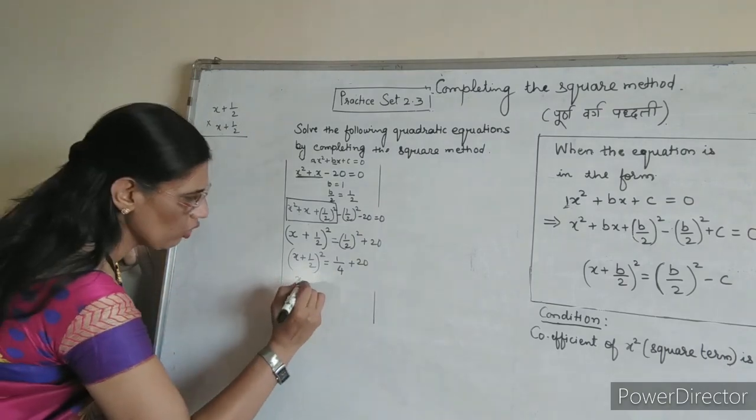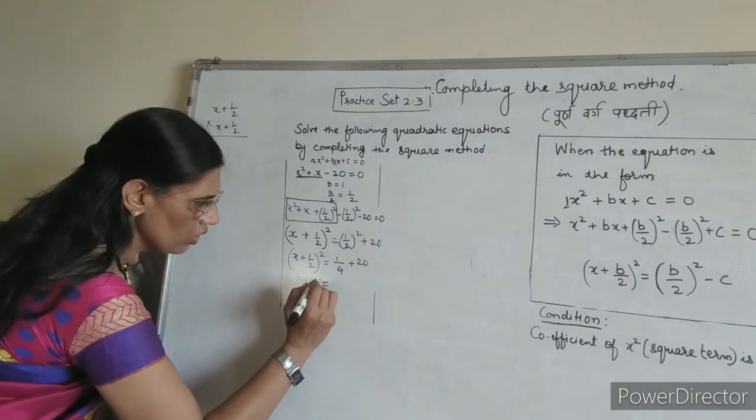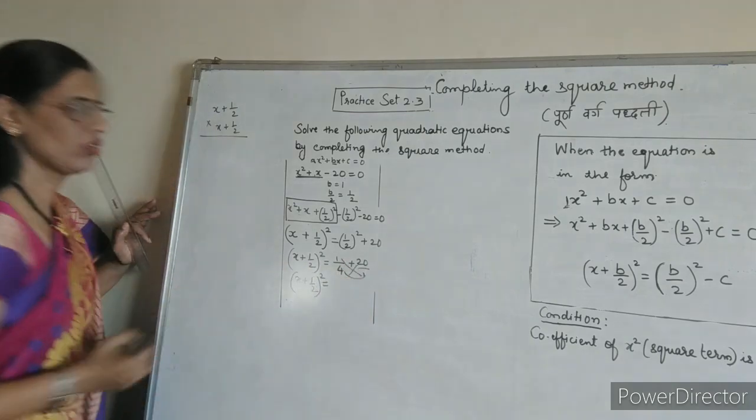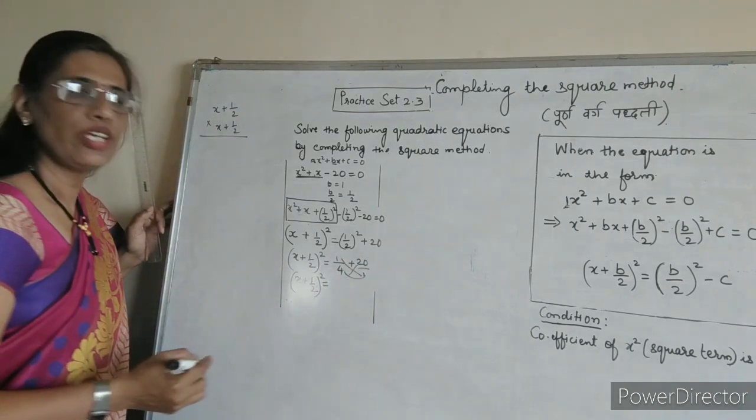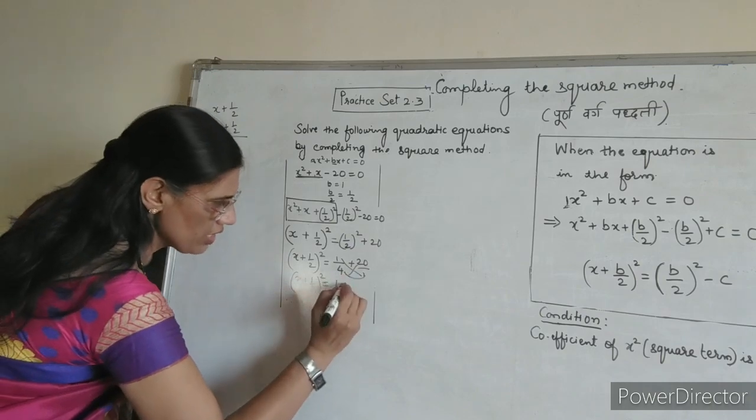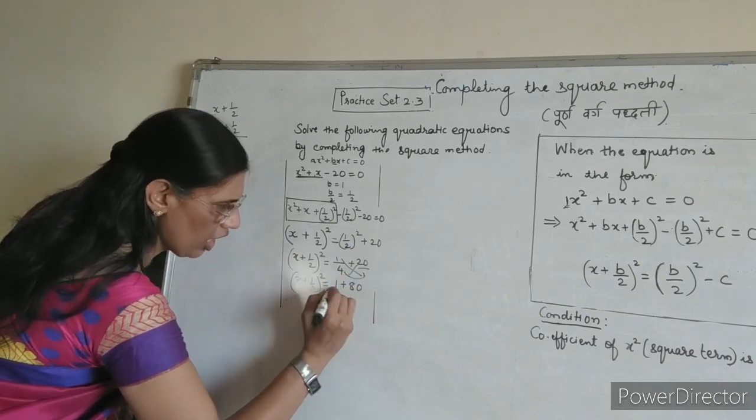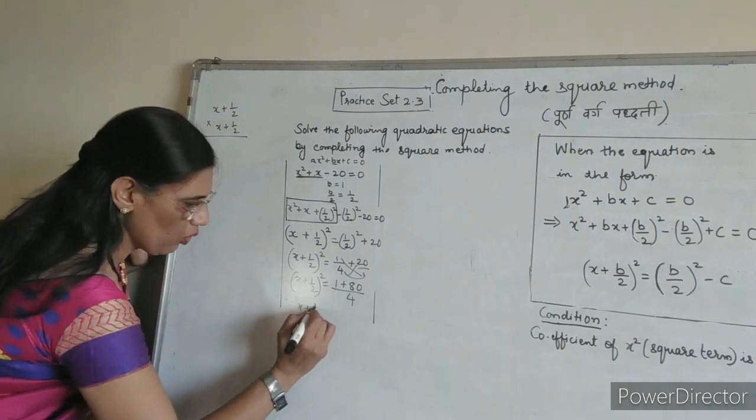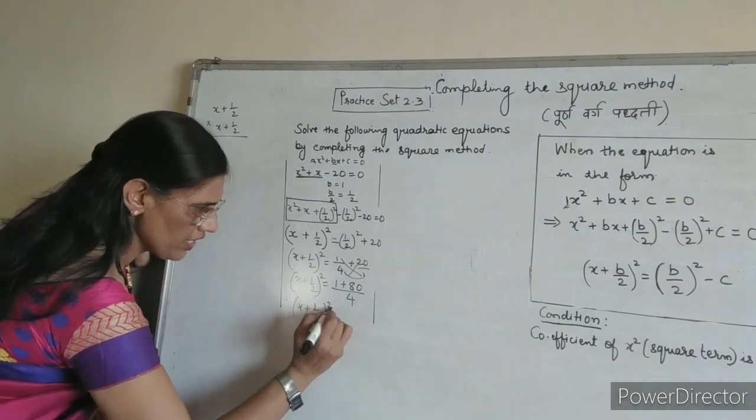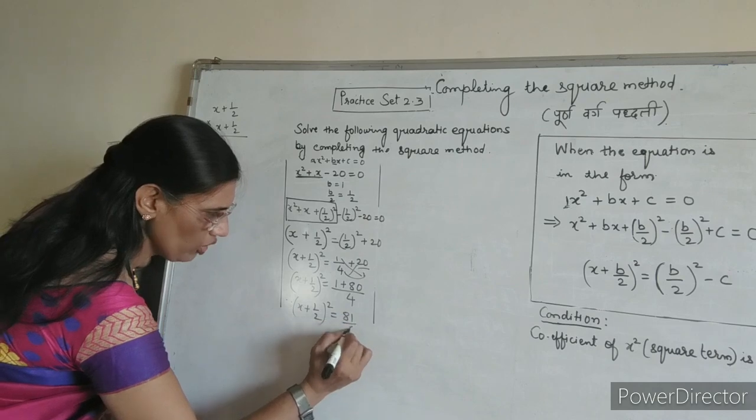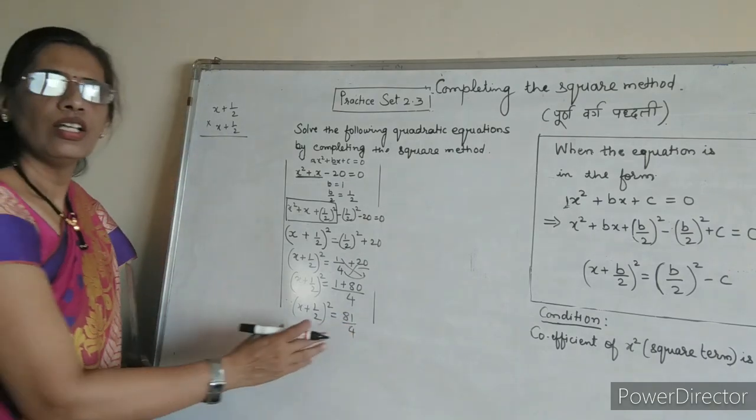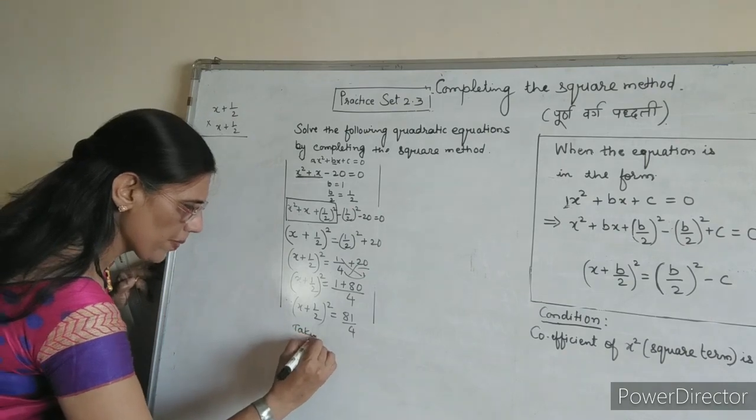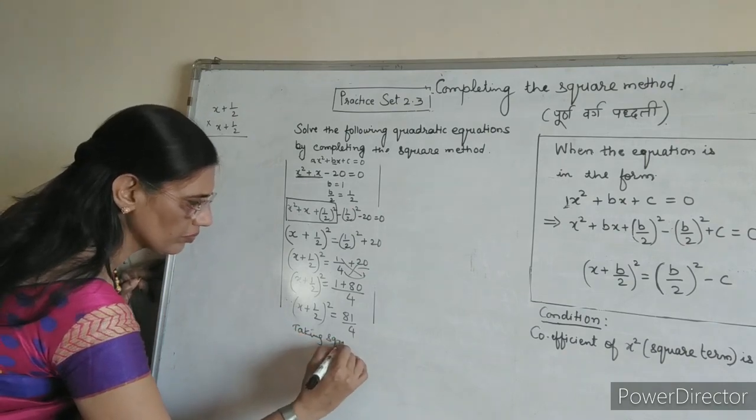Here denominators are not same. What you will do? You will cross multiply. So here we get 81 upon 4. So here (x plus 1 upon 2) whole square is equal to 81 upon 4. Right? Now taking square root, we get